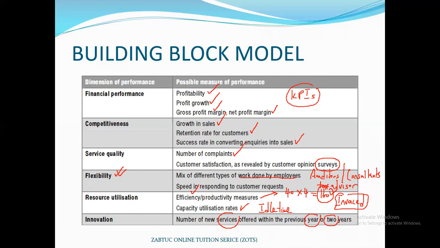So this table again, we brought it here so that it can give us an idea of some of the possible KPIs. Remember, performance management at the end of the day is about KPIs. You people must be experts in evaluating, assessing, and suggesting possible KPIs. We have seen several times in the exams where we're expected to suggest some possible KPIs. That's part of your responsibility as a performance consultant.